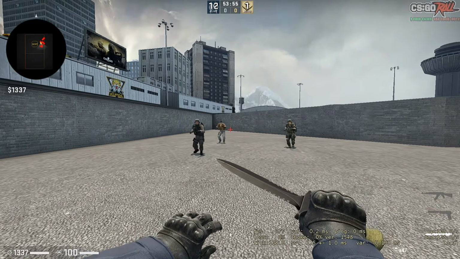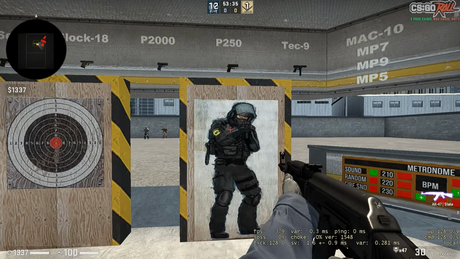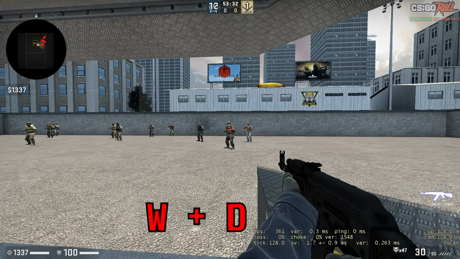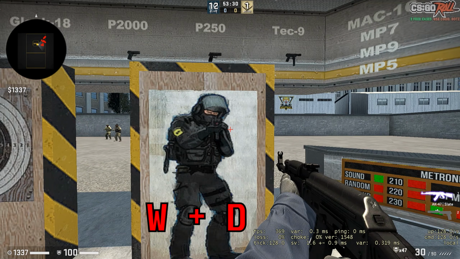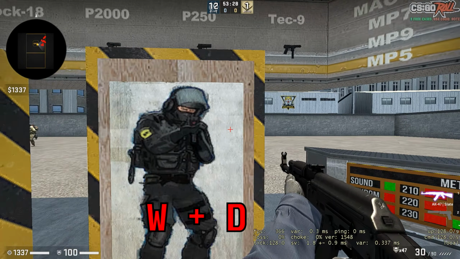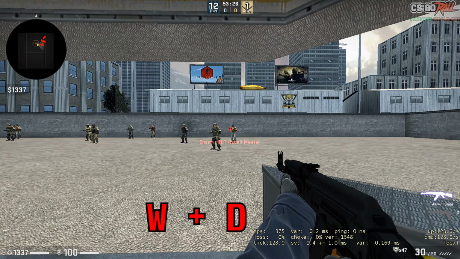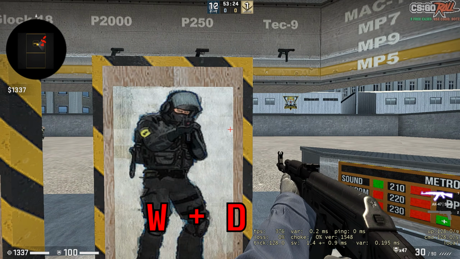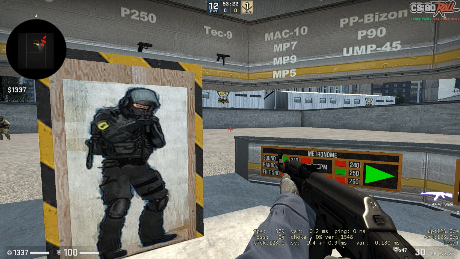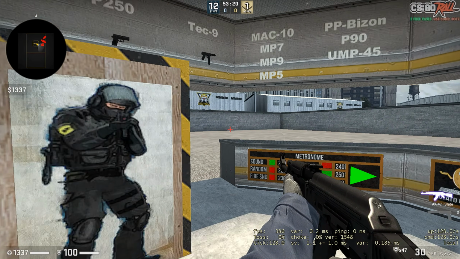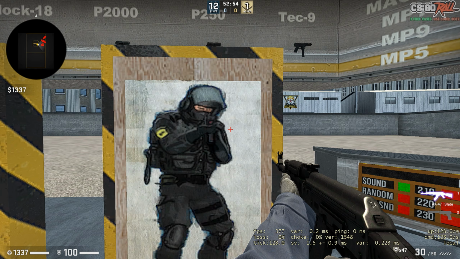Keep it to A and D, especially if you're peeking something. So if I'm peeking something, I don't want to come out like this. This was an A and a W key. See that? A and W. This is going to make it a straighter line and is going to work against the netcode since you're basically moving like this. This is the way you're moving. It's very easy for his aim to counter that.